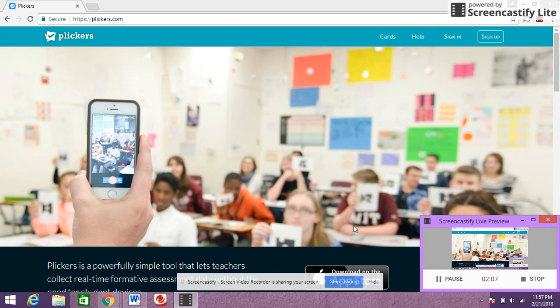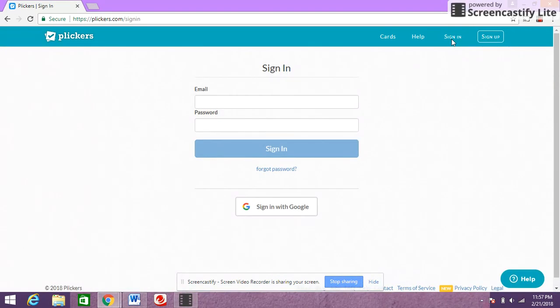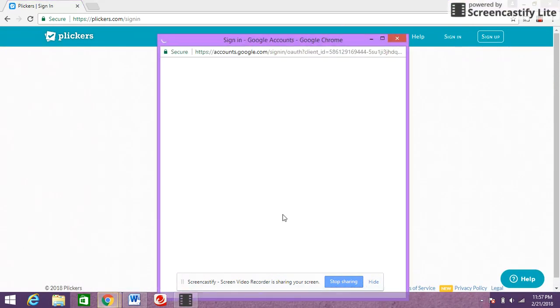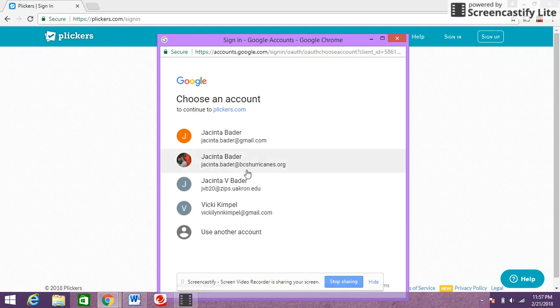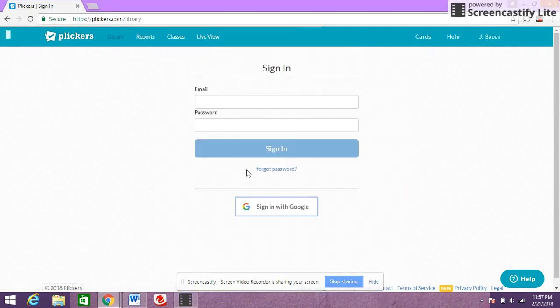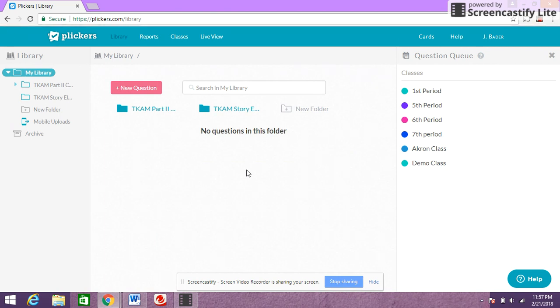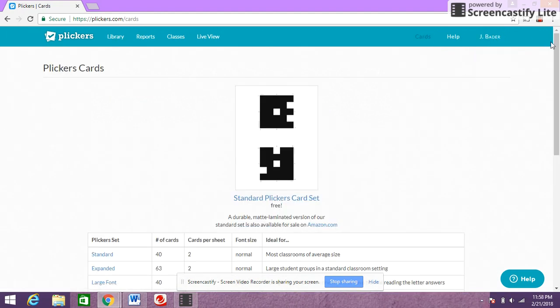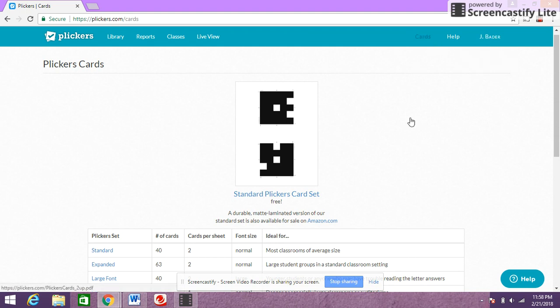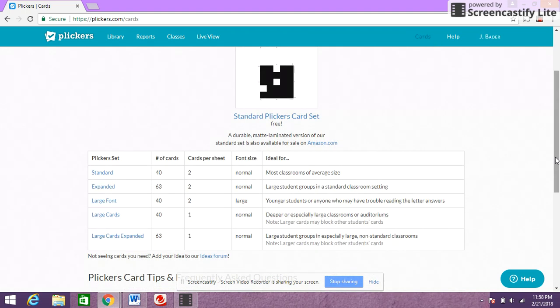So to begin, once you sign up for your account, I log into my Google account. From here, my information's already showing up, but the first thing that you want to do is create your cards. So if you just click on cards in the upper right hand corner, it takes you to different format sizes